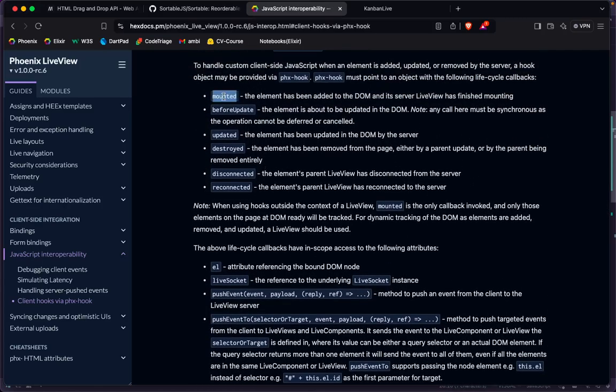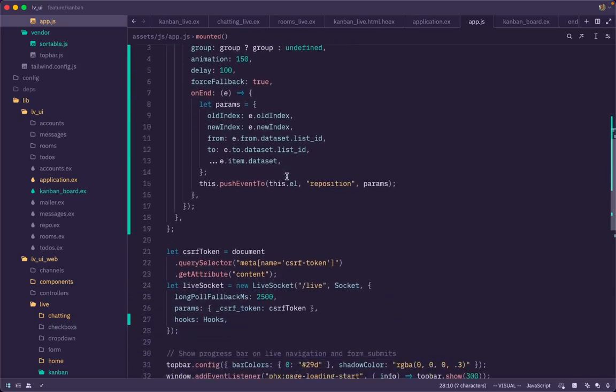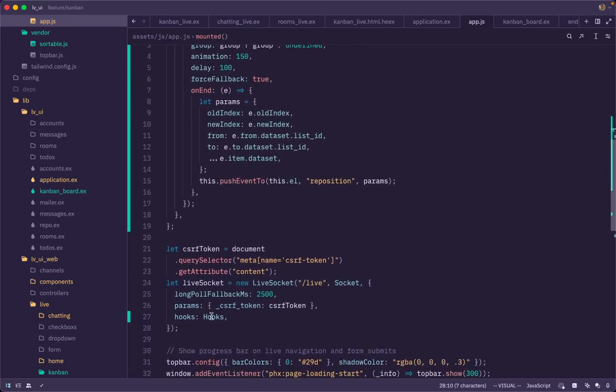Yeah, mounted. So the element has been added to the DOM and its server live view has finished mounting, meaning when the live view we open, right, when we moved from home page to Kanban page, that time it will get invoked through hook. I am adding the same hook into a socket,